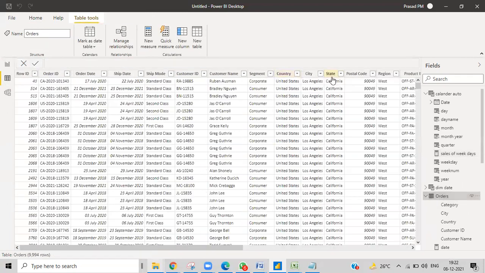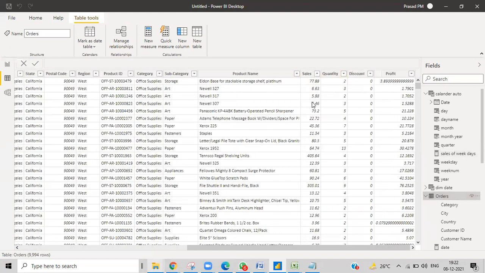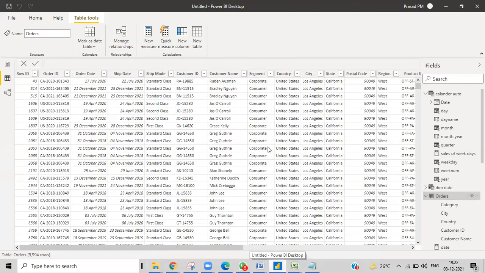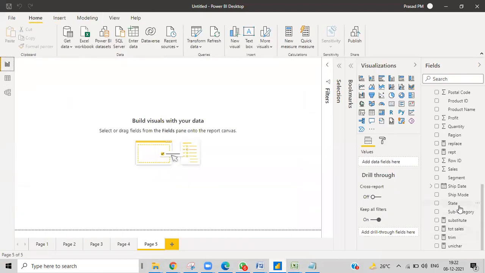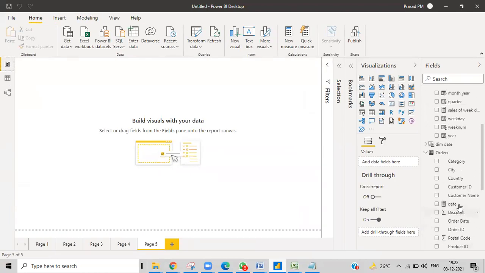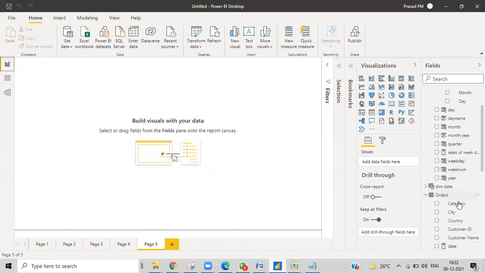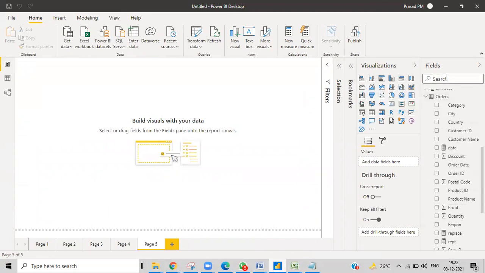I have a lot of sales for different dates. These are the sales amounts, and for different dates I have a lot of sales. I don't know on what day how much sales happened, but I want to calculate that. The measure that is being created right now, what is the measure name that we've given? Sales of Weekday.